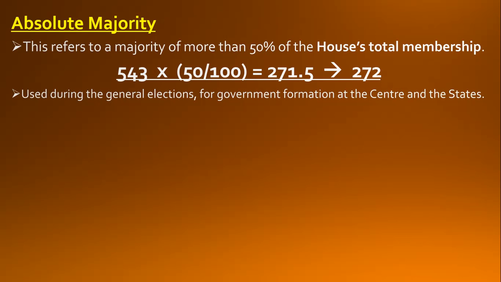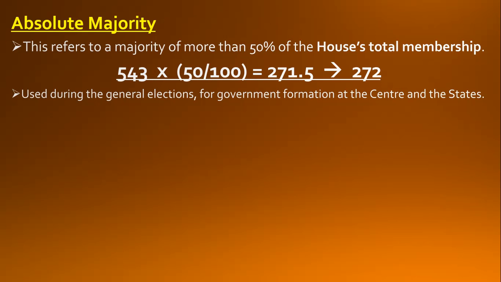Now friends, it is impossible to bring half an MP, because half a person cannot survive. It is common sense. So we need more than 271.5. Why? Because majority means more than 50%, and 271.5 is only 50%. Practically, it is impossible to bring half a member of parliament, because half a person cannot survive. We cannot apply the concept of Rahu and Ketu in the real world.